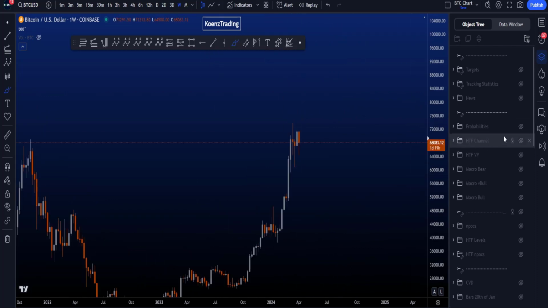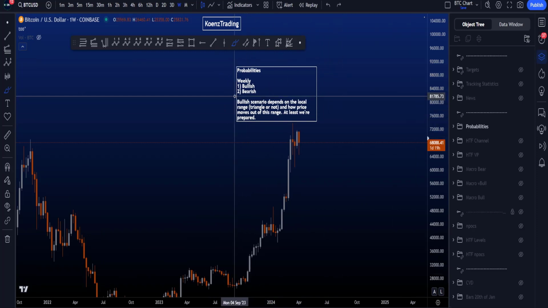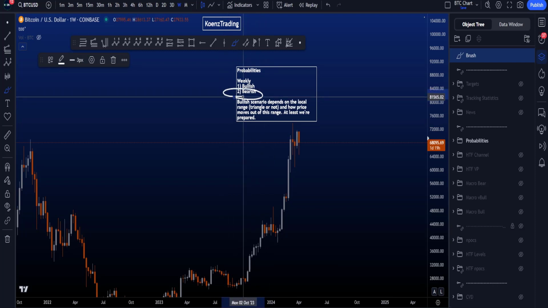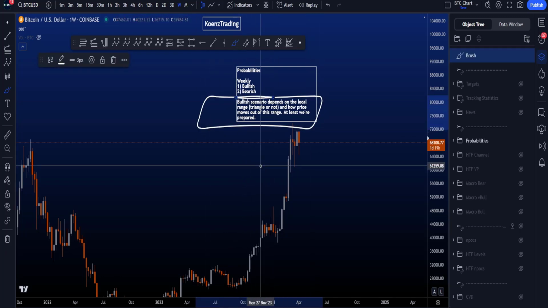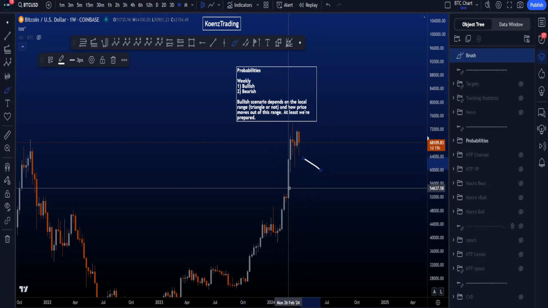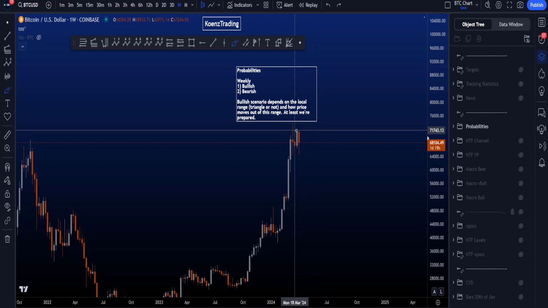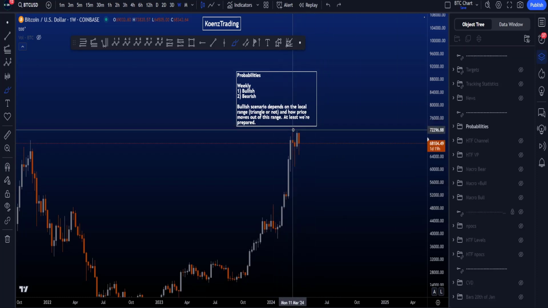So if we then look at the probabilities of the different scenarios, then on the weekly time frame, the probabilities at the moment are higher for the bullish Elliott Wave scenarios, and on number 2, the lower probability scenario, we have the bearish flat scenario. Now, deciding which bullish scenario has the highest probability very much depends on the local range. Do we get a triangle or not? Because a triangle is not allowed in a wave 2, so that is something we have to keep in mind. And also, if price then moves out of this range and takes the high, it very much depends on how it does so,